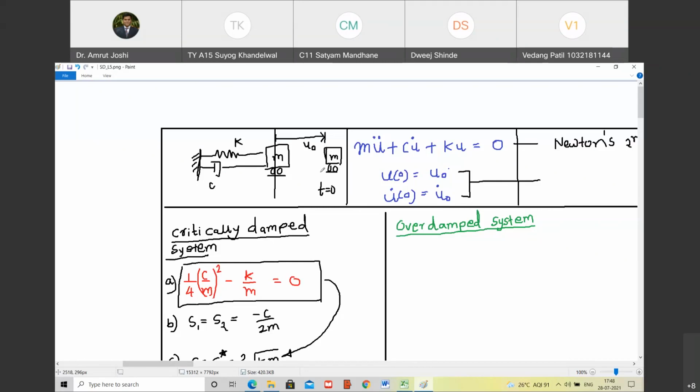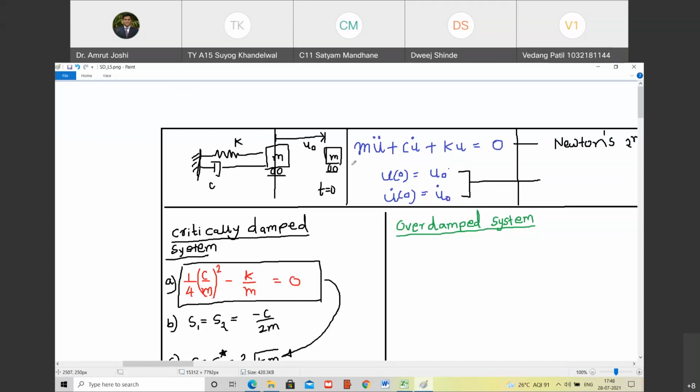When the damping coefficient c is non-zero, what is going to happen? So there are three cases. One is the critically damped system. The value of c is such that the system becomes critically damped. In that case, when you pull the mass and leave it, it comes back at most to its mean position. It never ventures on the left hand side. Are you with me? Yes, sir. At most it can come back to its mean position in the limit t equal to infinity.